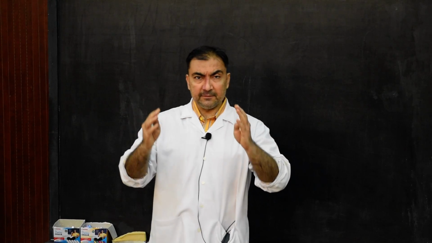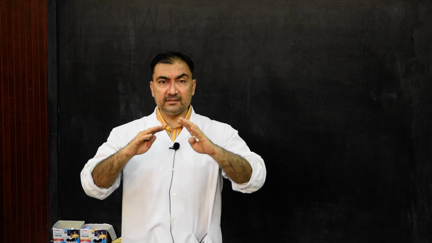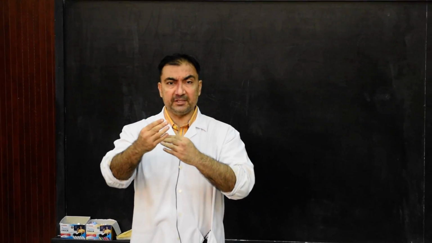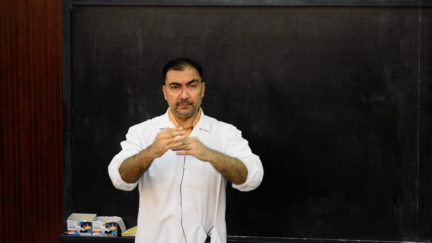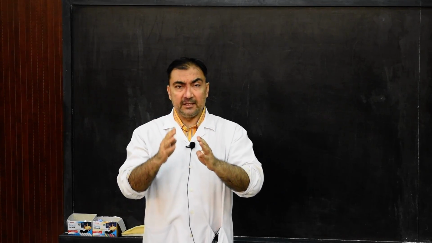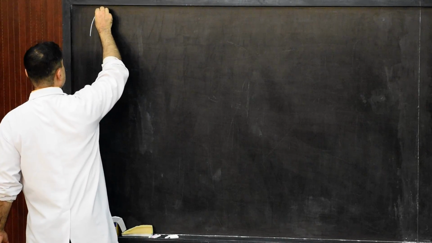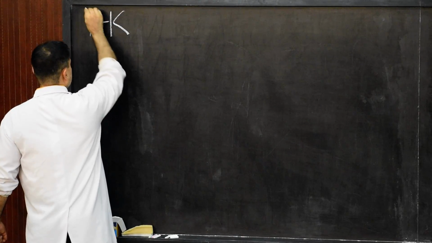Good morning students, here we start with the gross anatomy of the kidneys, segment 2, in which we are going to discuss exclusively the anterior and posterior surface. These two surfaces are many times asked as short notes or MCQs or 1 mark question answers. Now here we start with the gross anatomy of the kidneys.